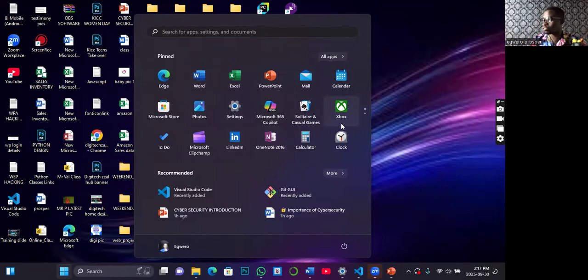Click on what? The Start button. Now, once you click on the Start button, the system prompts up this. You will see the user icon. In your own case, if you have not personalized with your picture, it's part of what you are also expected